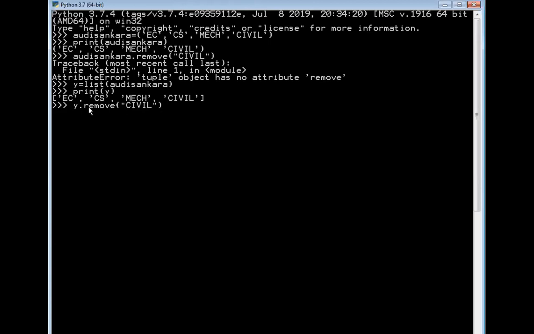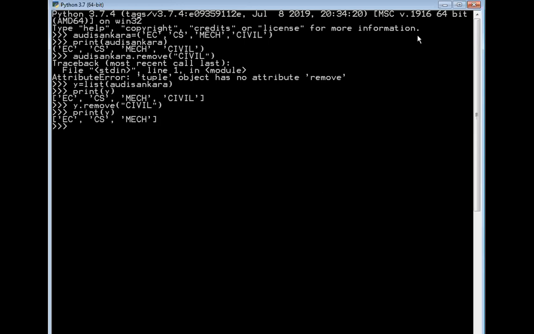Once I enter this, if we have committed any errors, it will show the error. Since we have not committed any errors, it is not showing any. Now I will print the list and check whether the element civil has been removed or not.